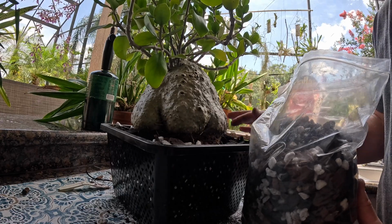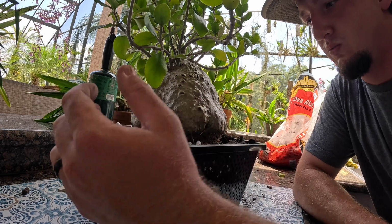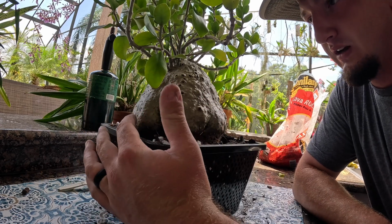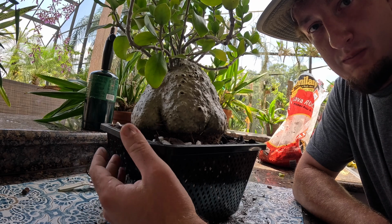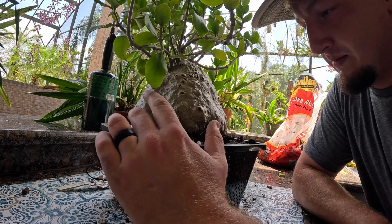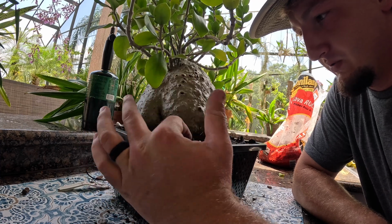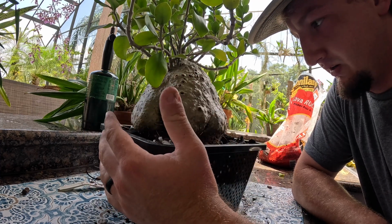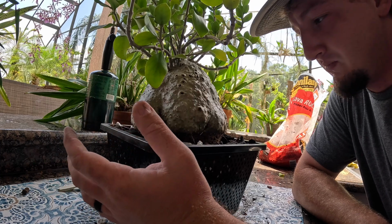And one thing, if you do a bark mix like this and you find later on down the road that it's not holding enough water for you, what you could do is get a bag of play sand or multi-purpose sand, something that's just not got a whole lot of contaminants in it, and you could just sprinkle some sand around the edges and wash it into the media, or even break up some peat moss, sphagnum peat moss,